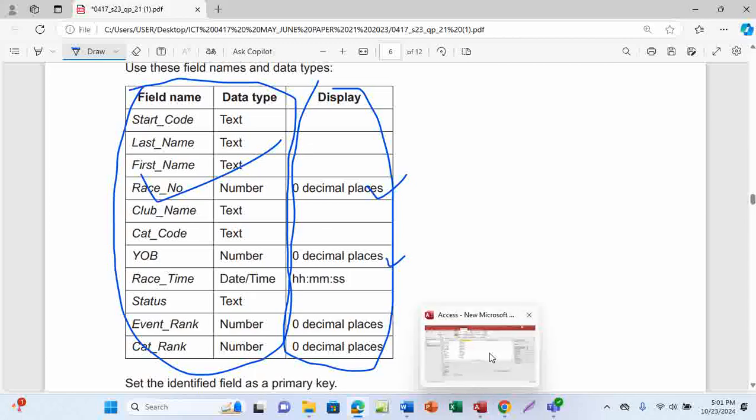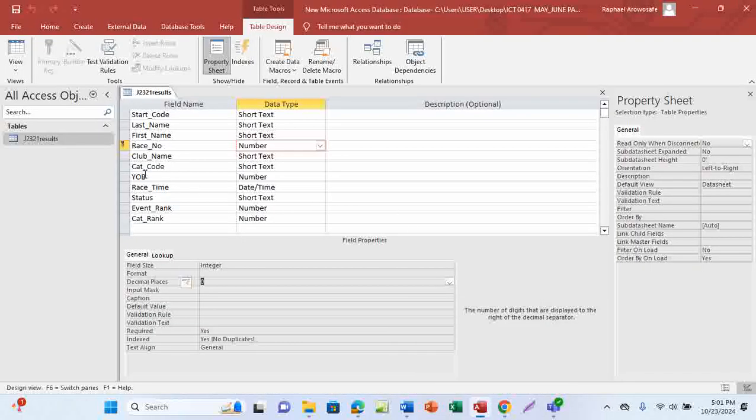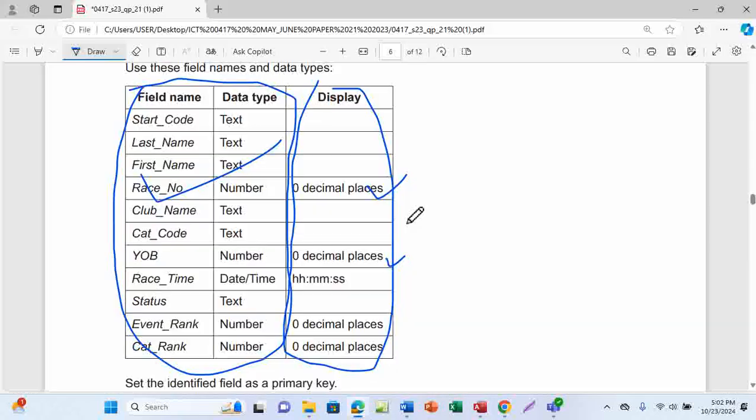So we are going to pass through the same process. You select this one, you go to auto, then you click on this, then you click 0. So you save. Please always use this. This is the save icon to save what you have just done. So now the next one is